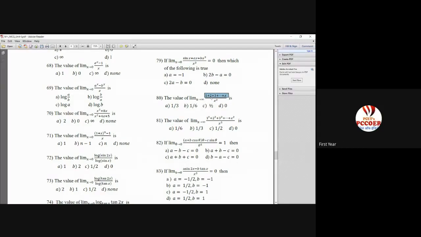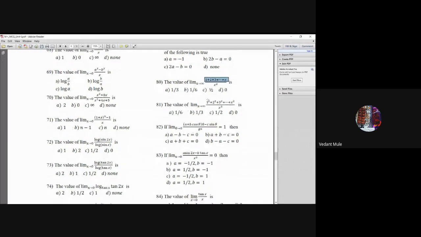Sum of 1 plus 2 plus 3 dot dot dot up till x is nothing but x into x plus 1 divided by 2, divided by x square. That entire expression will become, when you multiply the numerator, x square plus x upon 2x square. So x square cancels and you get 1 plus 1 by x upon 2, I suppose. And therefore, when x goes to infinity, 1 by infinity is 0. So your answer will be 1 by 2. Okay?